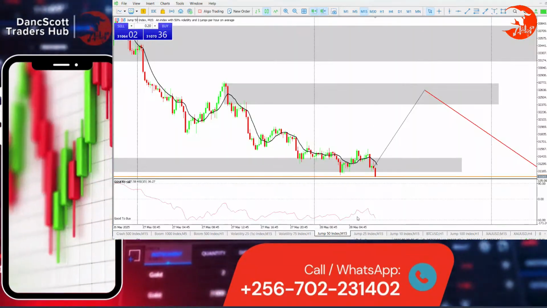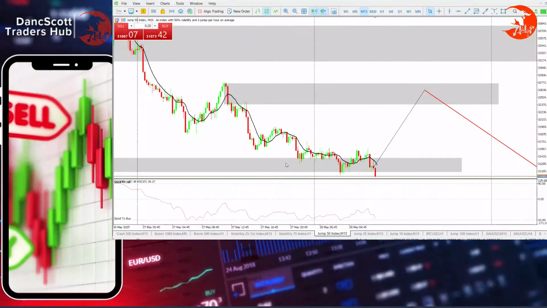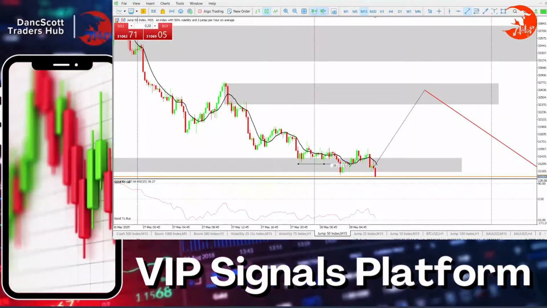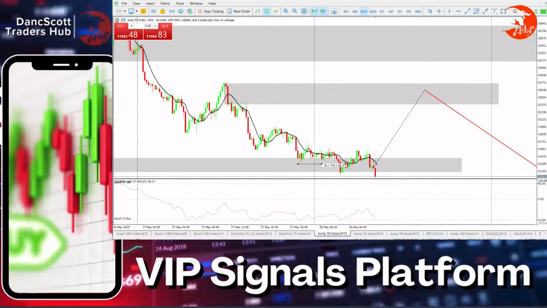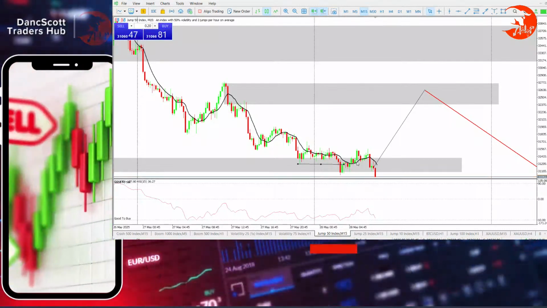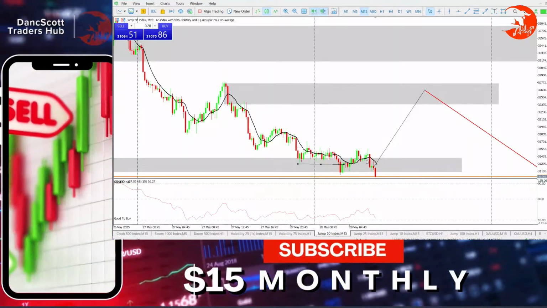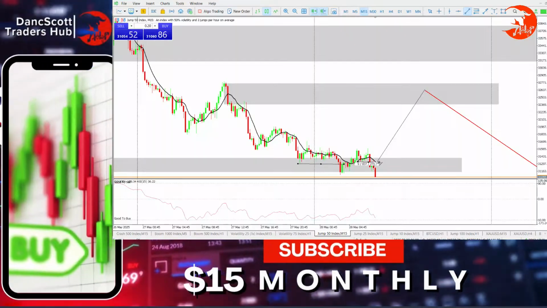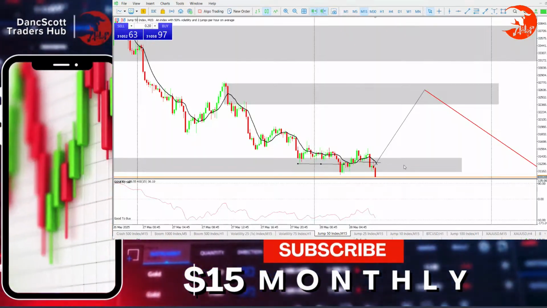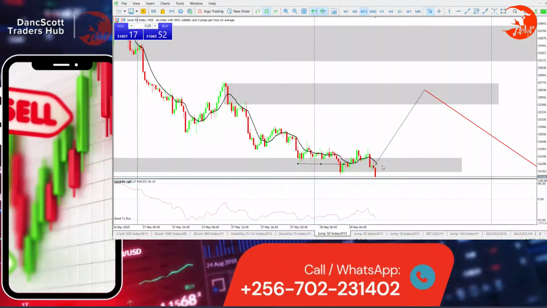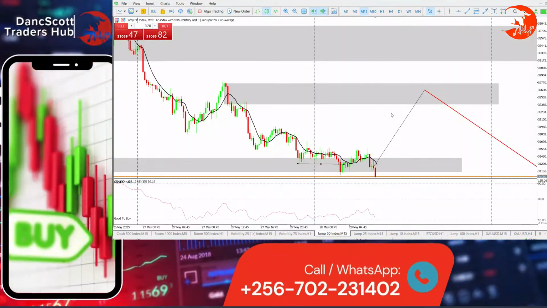It can easily jump and continue selling because we are in a downtrend. Remember, this is a break of structure right here. That is a break of structure right there. This is a lower low, lower high right there, and it has given you a change of character right here. So it can continue actually with sells. It can easily continue with sells. So it's a bit risky to make an entry for the buys here.